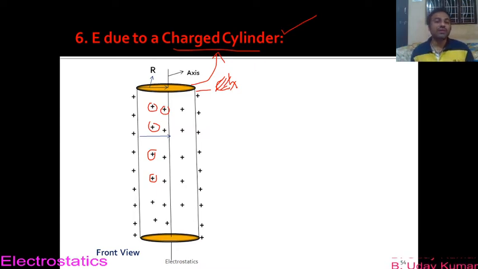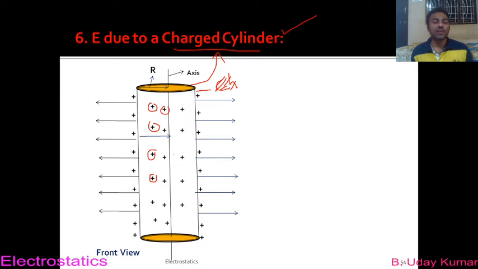Okay, fine. So since it is a charged cylinder, I hope it is clear to you the difference between a charged cylinder and a charged cylindrical conductor. Since this is a charged cylinder, the electric lines of forces will be coming outwards, right? Since I have given a positive charge to this system, you know that the electric lines of forces will be directed outwards from positive charge. So from this system all the electric lines of forces will be traveling outwards. You know this property, right?